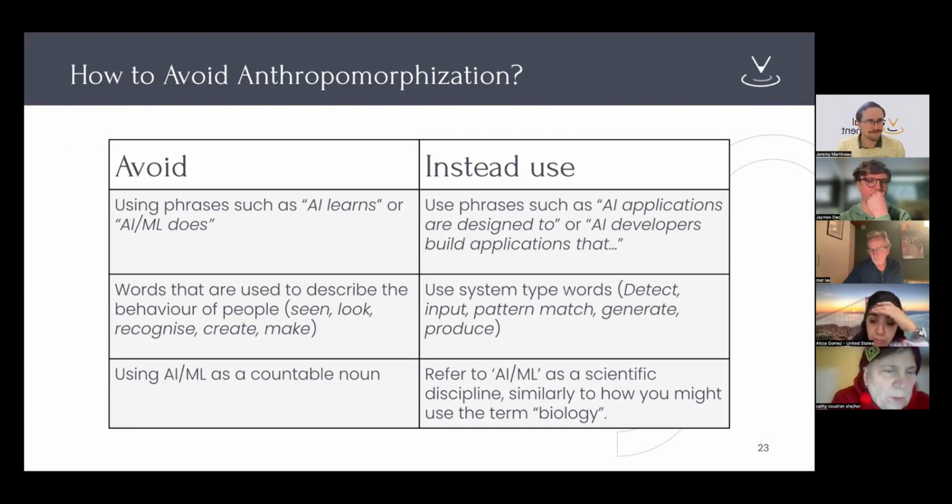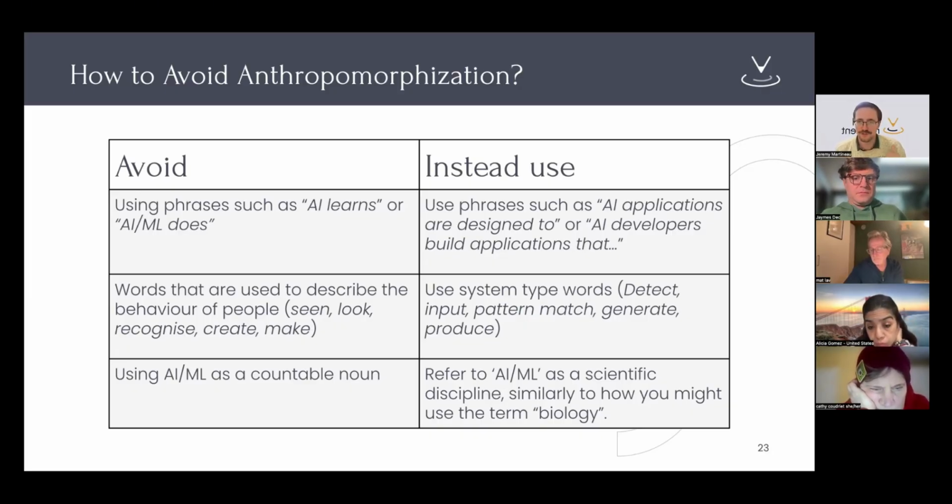So for example, if we want to avoid the anthropomorphization of AI, there's multiple ways. I think these can be shown as something that can stay in the classroom in some places, just to remind us of how we should describe AI in certain ways. Of course, this is a machine, so we should refer to it as a machine, not as a person who can act. It doesn't learn, even though this is the way we see it described everywhere. Even me, sometimes I use those words, and we're trying to make sure